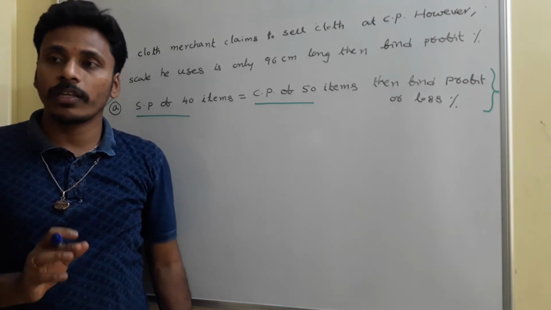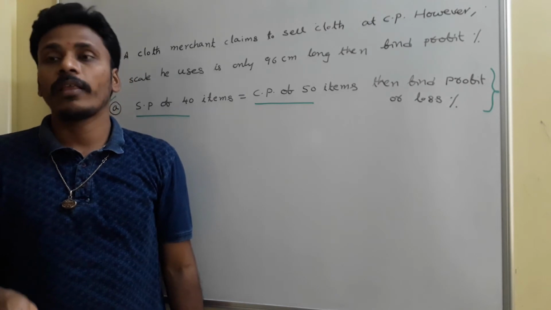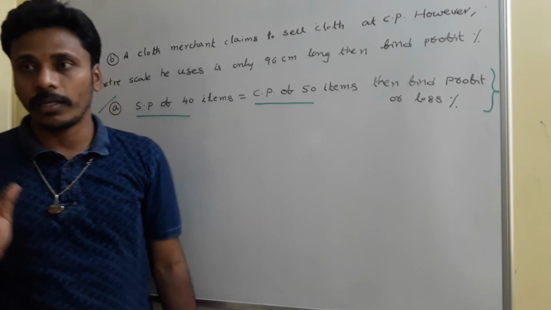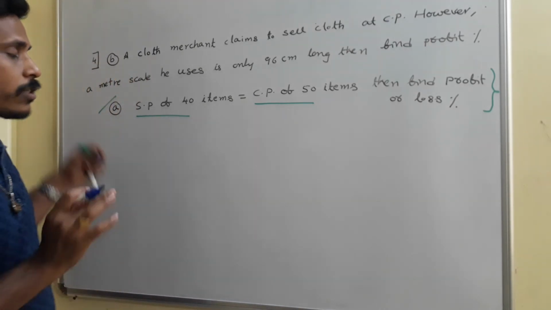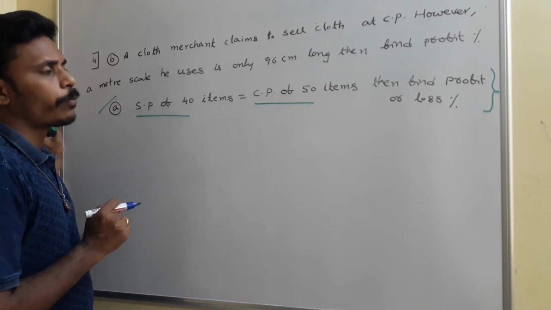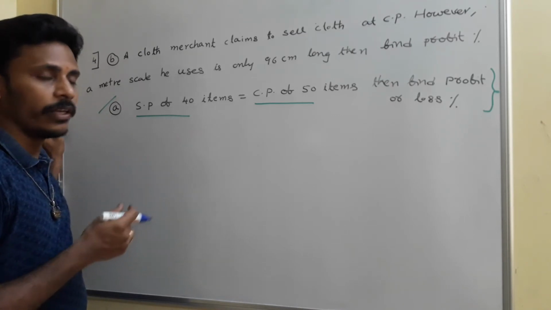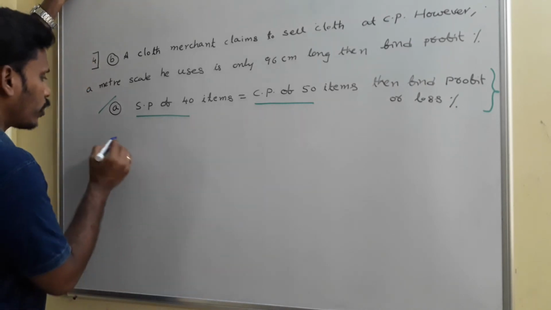So no amounts are given in this problem. They don't ask you to give the amounts, they ask you just to mention the percentages, and that's why here we need to mention either the profit or loss percentage. That's a good thing. And the next idea is, to calculate profit or loss percentage, what do we need? We need the profit or loss amount. That's right.